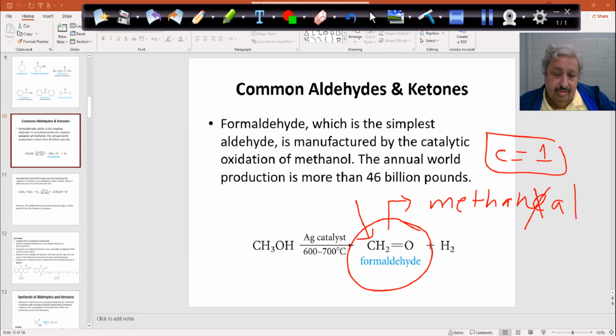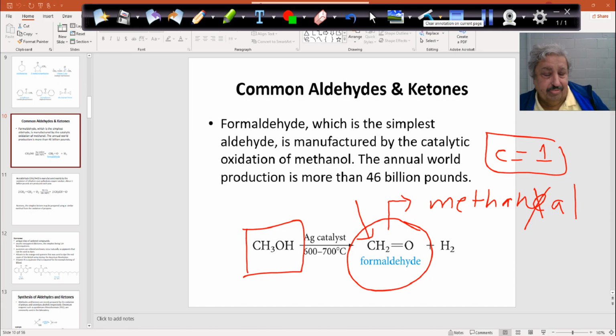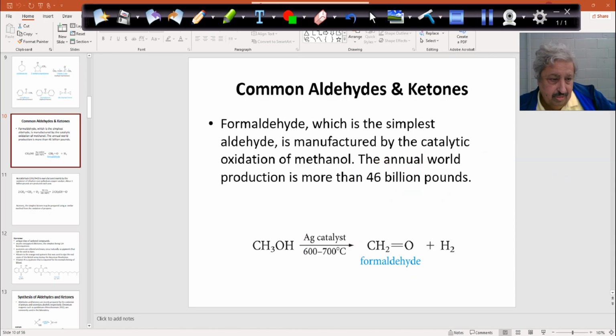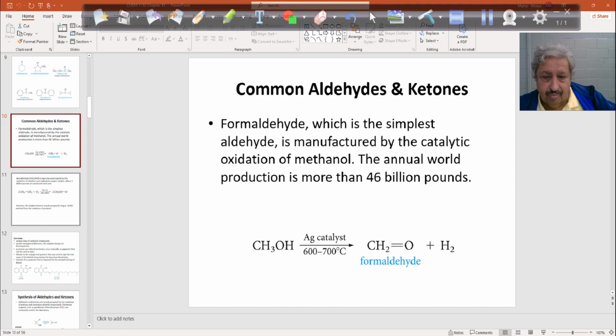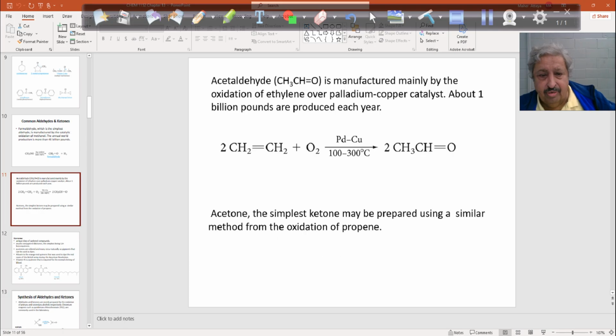It's made from oxidation of methanol, correct? Methane, take the E out, it will be methanol. That's a common name and heavily used, and it's used to make some types of polymer, plastic or something. So it has a lot of usage, and therefore you will see 46 billion pounds per year is made of it. The second one is